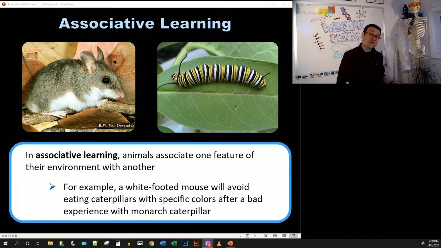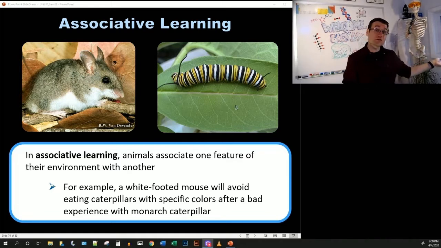Next category of learned behavior we can talk about, associative learning, which we'll cut up into a couple of subcategories as well. Associative learning is a process by which organisms pair two concepts, two stimuli and a behavior. They pair two things together in their environment. Associative learning is generally what we use in order to, say, teach a pet a new trick or something like that. And it's how organisms learn to avoid certain food sources.